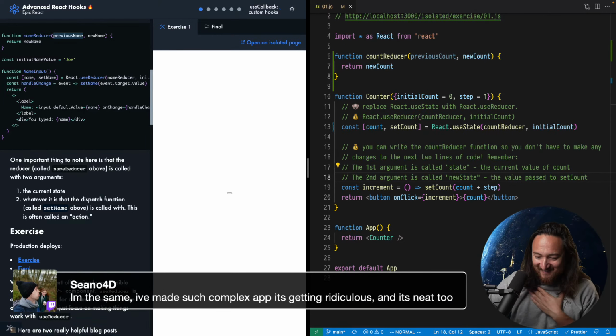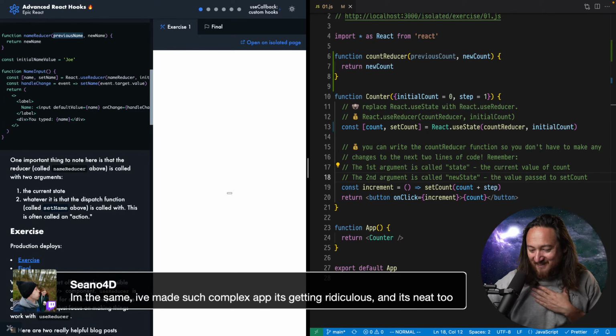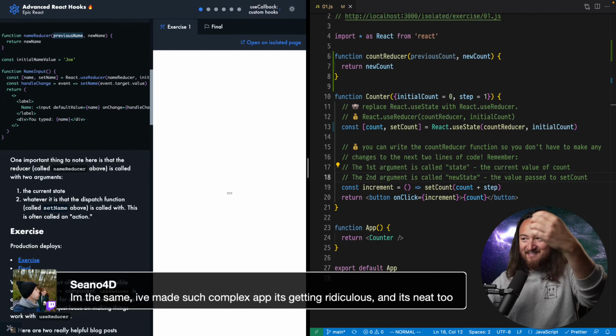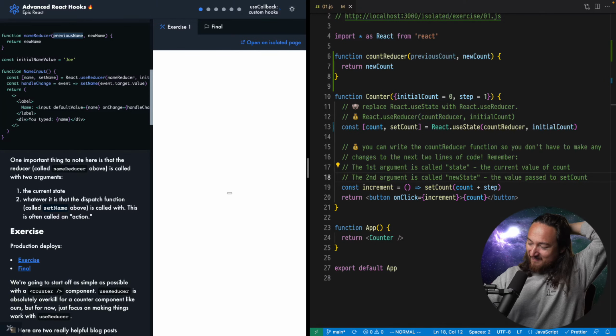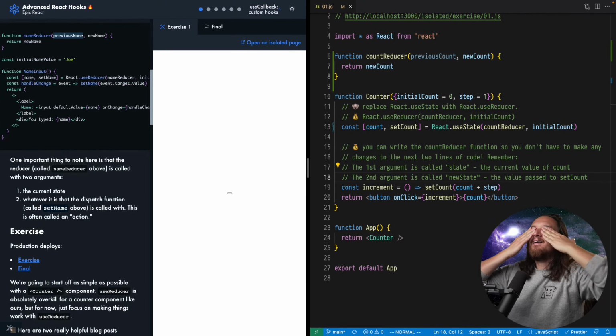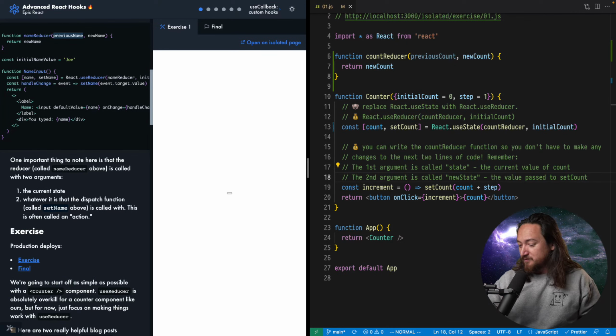Yeah, it's a complex app. It's getting ridiculous, and it's neat too. Yeah, it's really interesting how. I mean, one thing that feels very real to me is that,